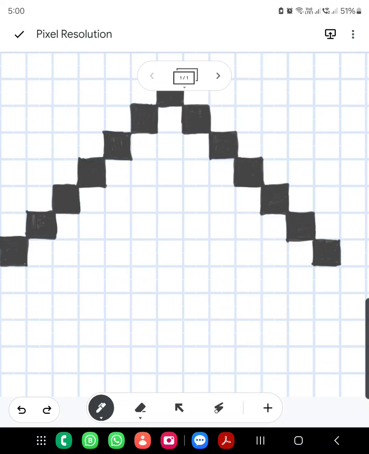So pixel stands for picture element. It's a short form for picture element, and it is the smallest unit of information for any digital image, and they are arranged in a two-dimensional grid to form a complete image or a video or a text or any visible thing on a digital platform. So that means if I talk about